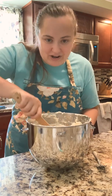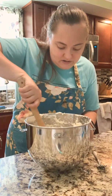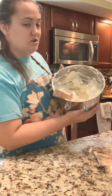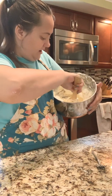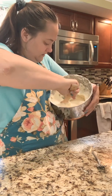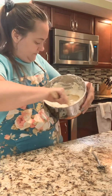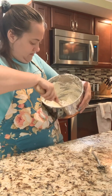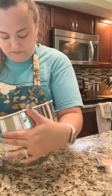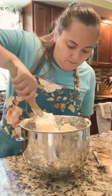Honestly, I don't know how I got this so perfect, but there's hardly any air bubbles. So I'm just stirring in like 8 count motions. So let me show you. I'm making like a figure 8. So I'm getting everything around, just beating those air bubbles out a little bit more. All right, perfect. So there's still some air bubbles